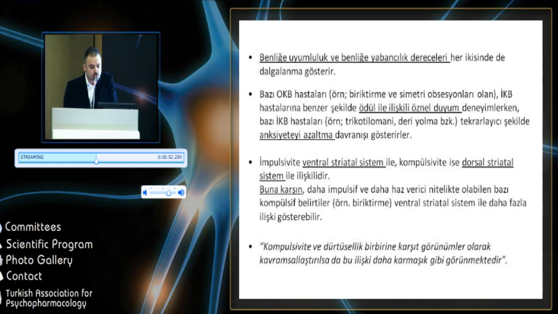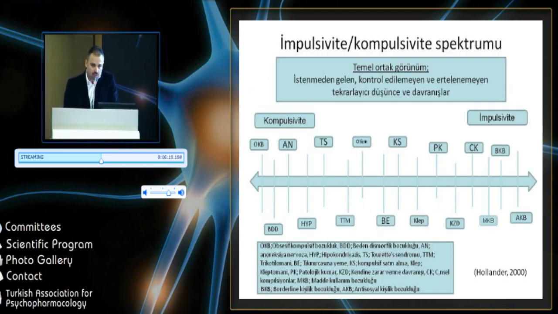As I previously said, in contradiction to the brain imaging I showed you, in OCD patients, despite the fact that there is a relationship with the dorsal system, in certain patients, ventral systems also come into play. And compulsivity and impulsivity may not be opposite ends of the same spectrum, and the relationship between the two seems interconnected and complex. Diseases that encompass compulsivity and impulsivity. On the one hand, you see OCD, on the other one, antisocial behavior, personality disorders, and of course there are impulse disorders in between,